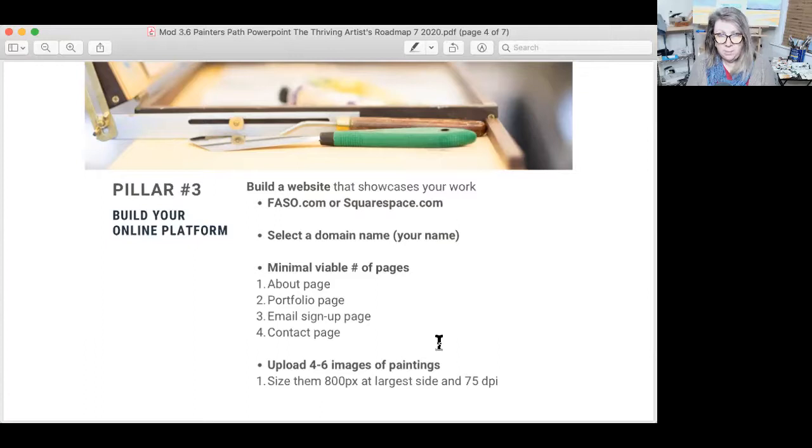Lastly, you want to upload 4 to 6 images of your paintings to go onto your portfolio page. Those paintings, the images need to be sized small enough so that they are not so big somebody's going to go rip them off and make prints of them, and not so big that they're going to slow down your website. So you can resize them in something like Canva or in something like the